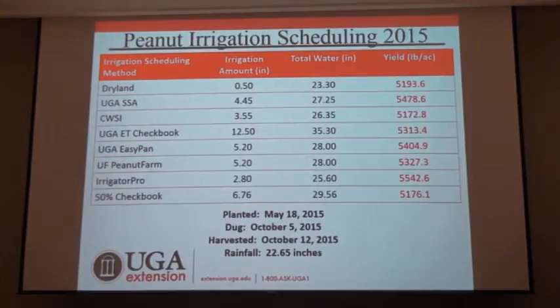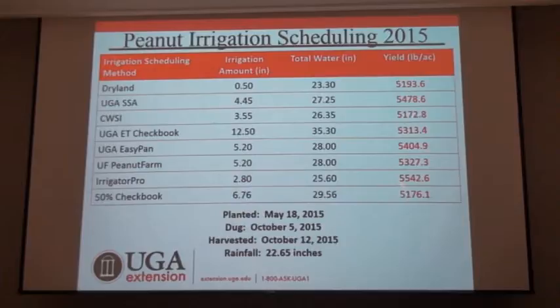So let's look at it here. It was a wet year. This is what I'm going to call a wet year. We're at our peanut requirement, what we say in our production guide, 23 inches of water. So I see very little to no difference here. What I do want to point out, the biggest difference I see, like I said, no difference in yield,